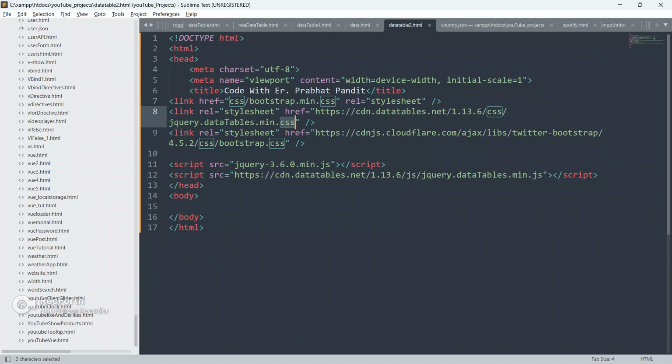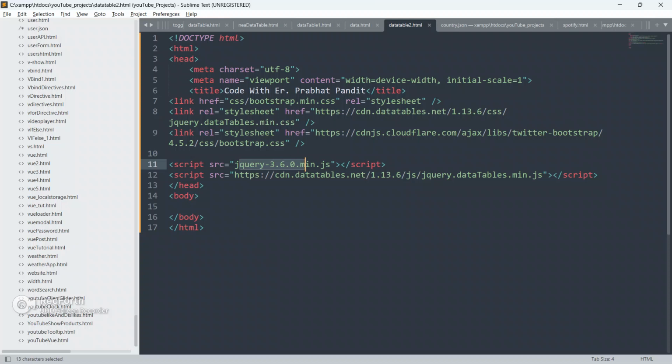I will give you guys these CDN links in the description. Don't worry, you just go there and use these CDN links, you are free to learn and free to utilize them as well. And this is the CDN link for the Bootstrap JS file.